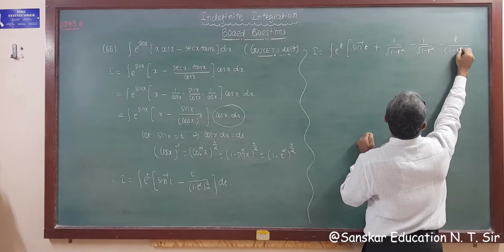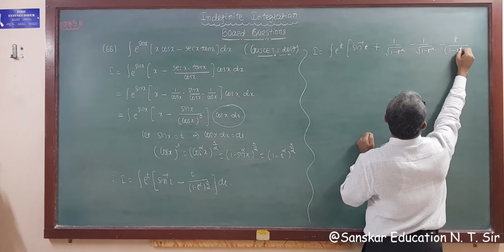1 minus t square. Derivative of 1 upon x is minus 1 upon x square, so square of this, we remove this. Now the bracket is root. Derivative of root x is 1 upon 2 root x. So this is 1 upon 2 root x, and root bracket minus 2t. So again the derivative is minus 2t. This is the derivative, so these two will be cut.